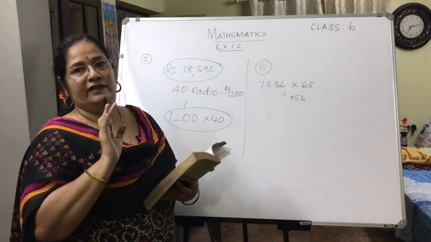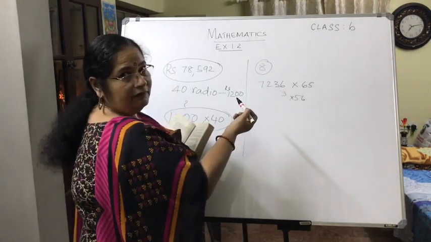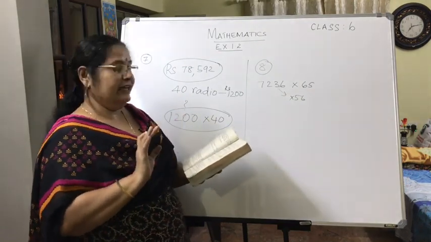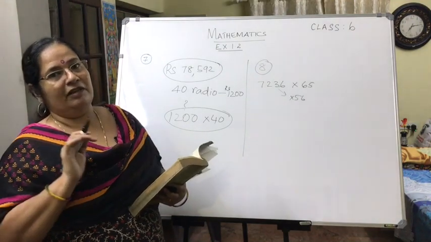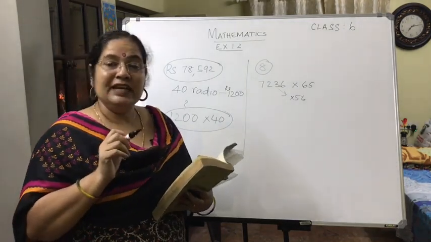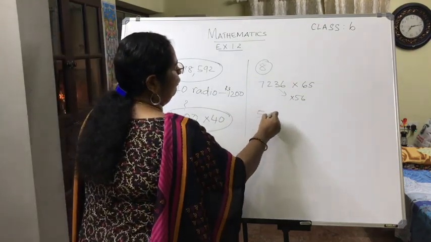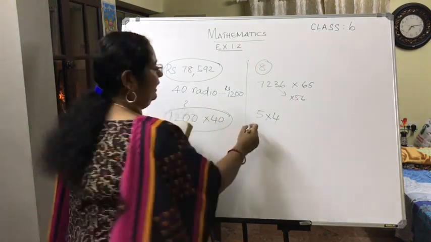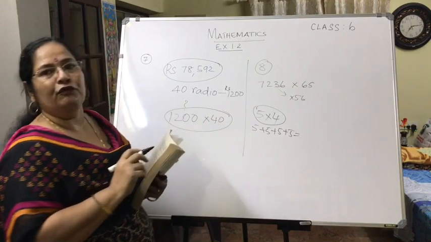The question is, how much more was his answer? You can do this in two ways. First method, you will multiply 7,236 with 65, then multiply 7,236 with 56, and find the difference. But a hint is given here for us: you do not have to do both the multiplications. So the second method we are going to see. What actually is multiplication? Multiplication is repeated addition. 5 into 4. What is this 5 into 4 actually? 5 added 4 times. 5 plus 5 plus 5 plus 5.